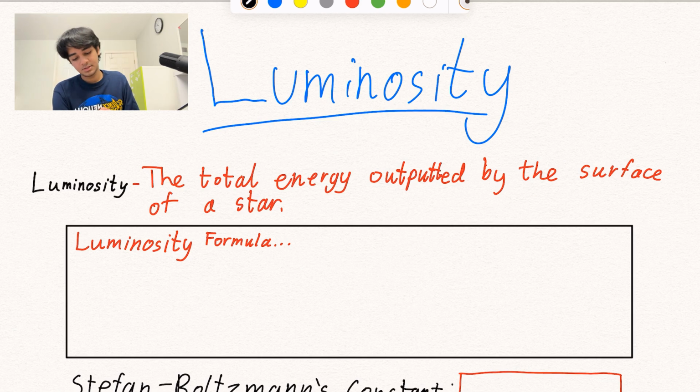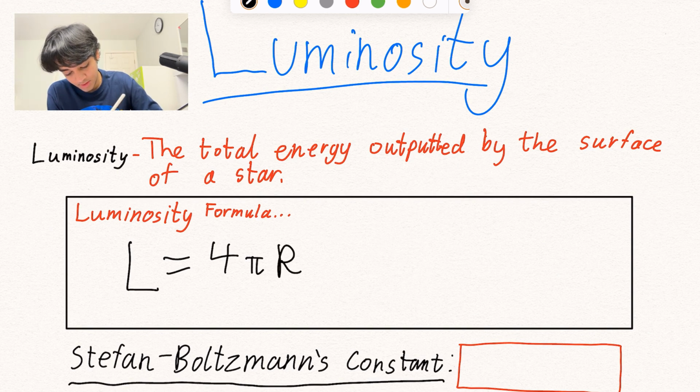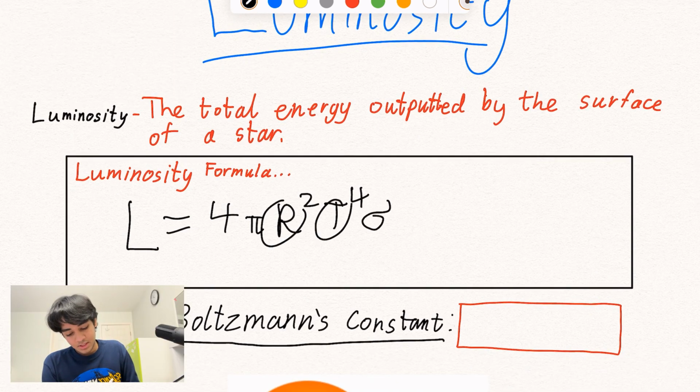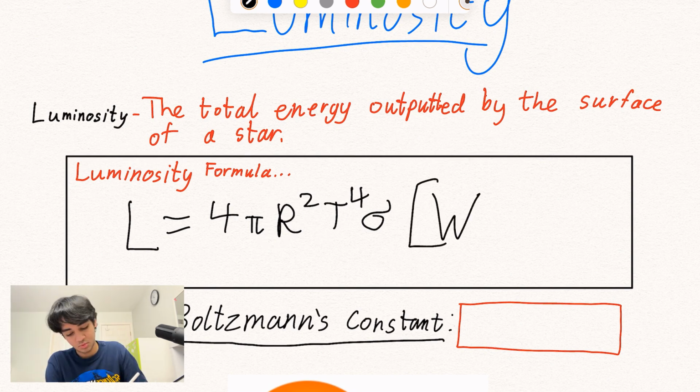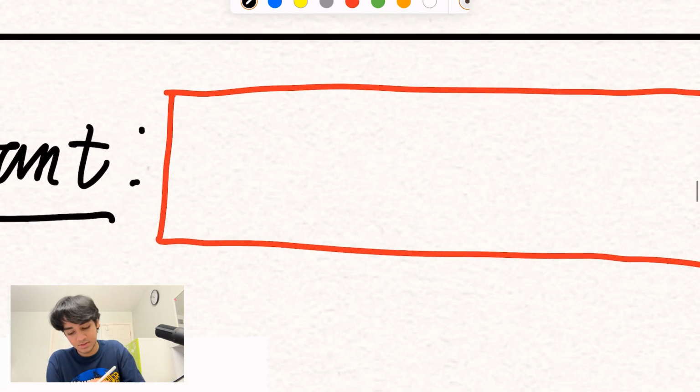And the formula for this is L, luminosity, equals 4 pi r, which is the radius of our star, squared, times the temperature raised to the power 4 times the Stefan-Boltzmann constant. If we know our radius and the temperature of a star, we can find out the luminosity, which is in watts. The Stefan-Boltzmann constant, which is this value right here,